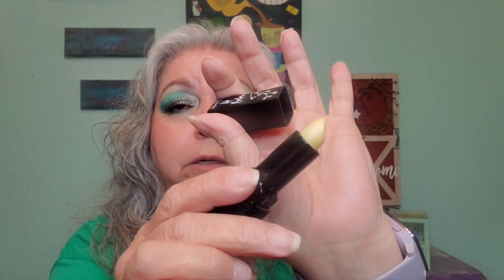So I am going to apply the vitamin E, which also comes in a very beautiful packaging. And like I said, it's just to hydrate my lips while I put a lippy on. Lippies for me seem to dry out my lips a lot more than lip glosses. So that is something that I do take care of